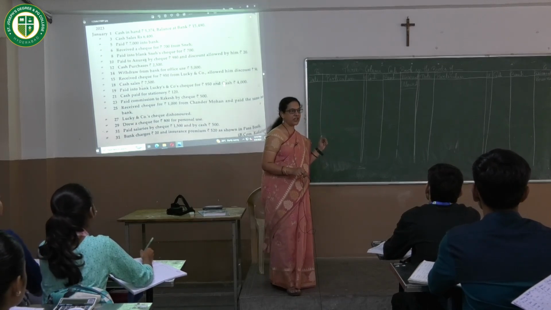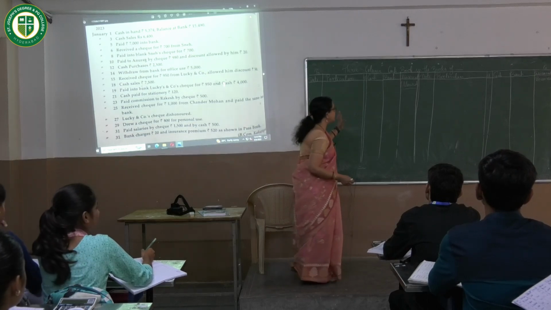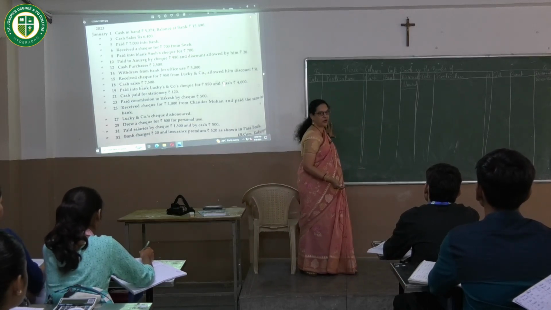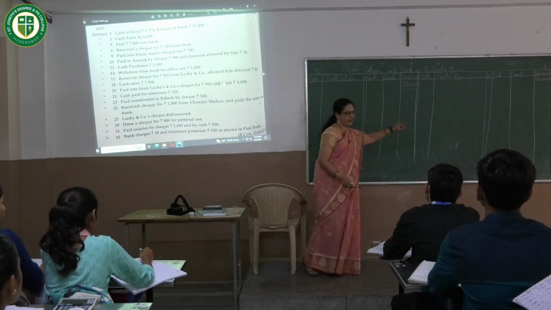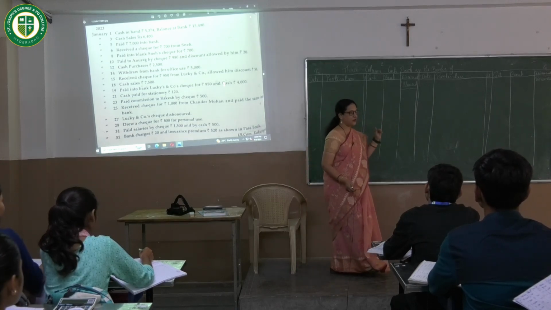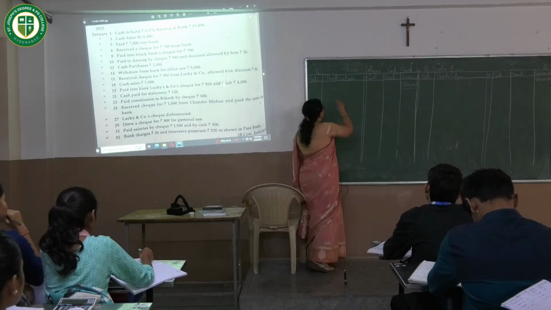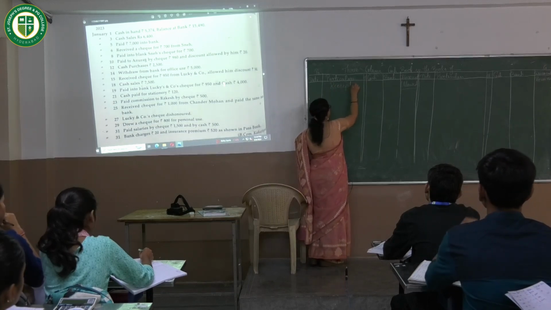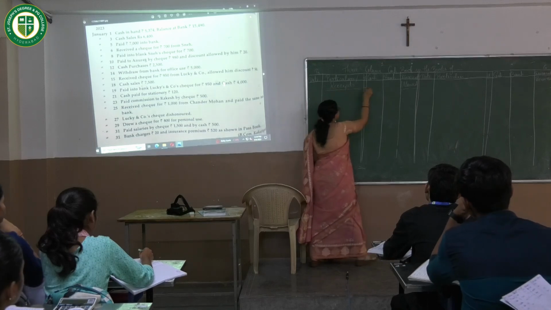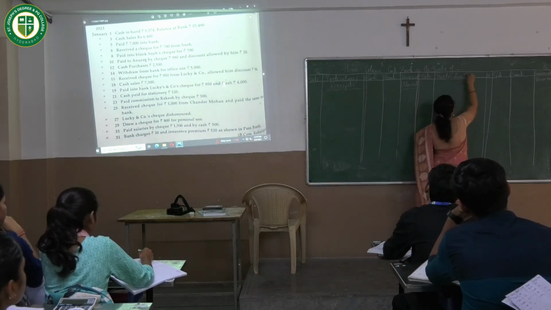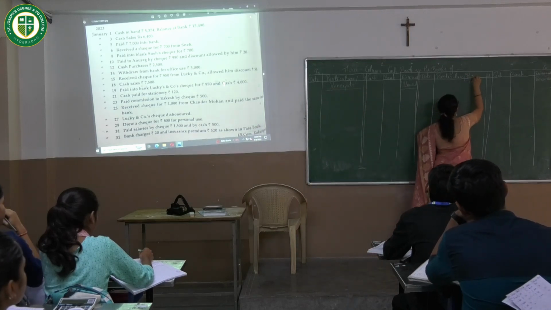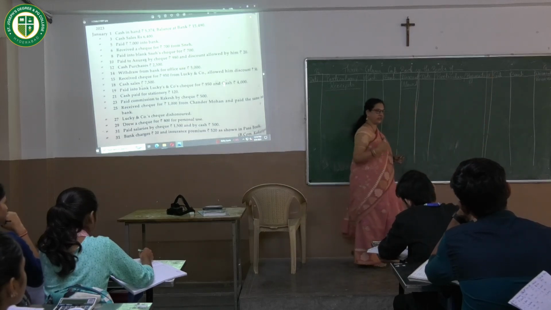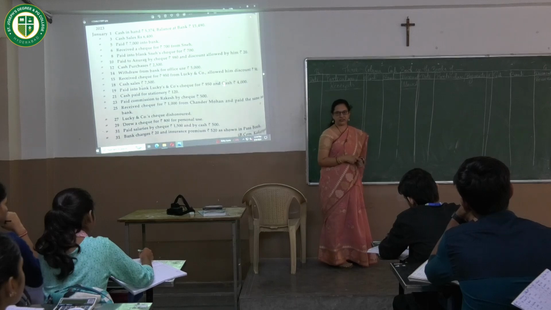So the triple column cash book, like any other cash book, is divided into two sides. The left hand side, which is our debit side, is called the receipt side, and the right hand side, which is our credit side, is called the payment side. Where you write particulars, we could also write it as the receipts, and the payments are written on the right hand side, which is the credit side. So debit side, receipts; credit side, payments, like any other cash book.